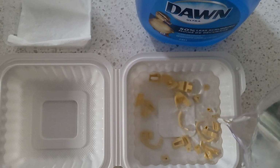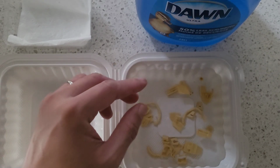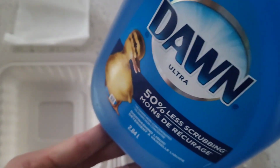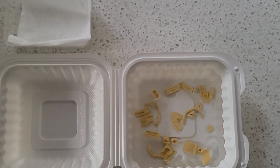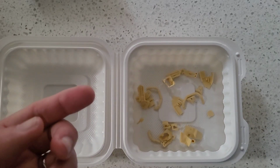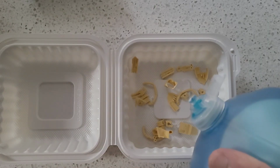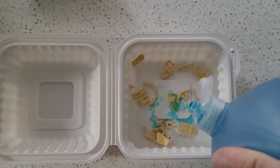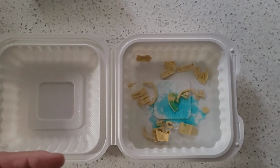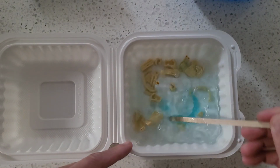I've seen most people use a degreaser called Purple Power, but we don't have it here, so I'm just going to use Dawn, which I heard is also good. The reason we are doing this washing is because these resin pieces come with a coating. This resin coating needs to be removed. If you do not remove it, then the paint adherence apparently is not that great. So that's why it's important to soak it in some sort of detergent